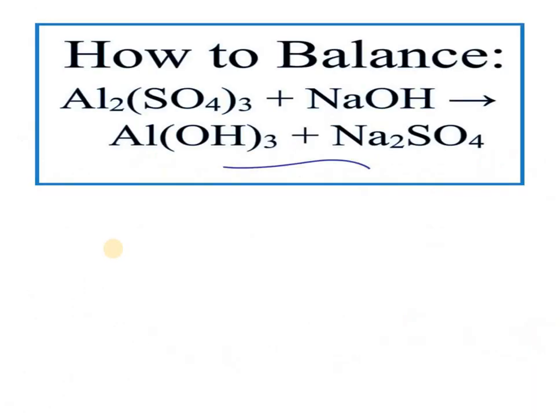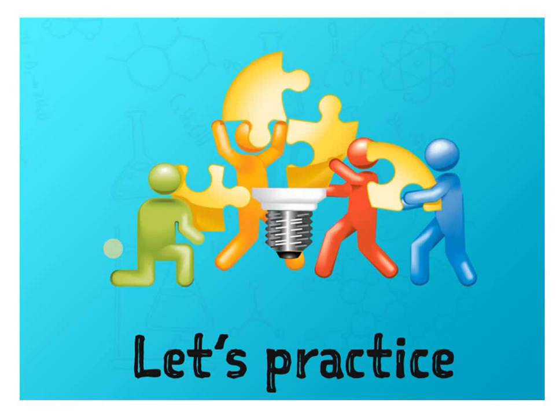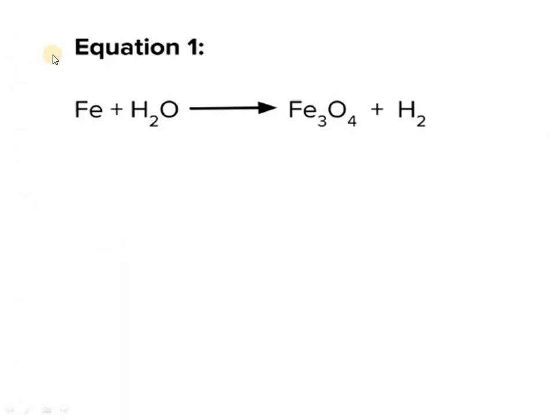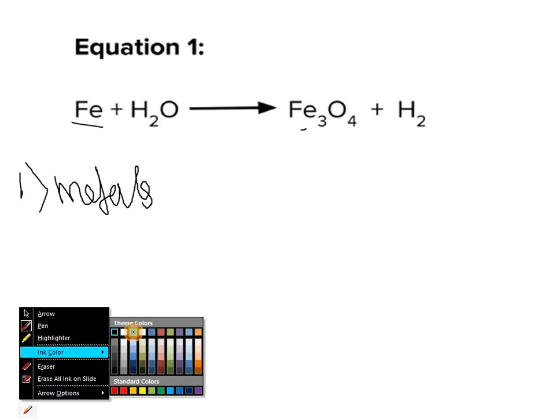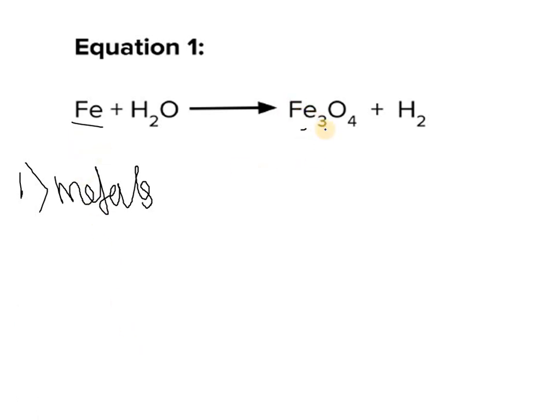Now let us practice one question in order to understand this more clearly. The question is, Fe reacted with H2O, that is water, to give Fe3O4 plus H2, that is hydrogen gas. We have to balance this equation by the trick that we have used. Since our trick says that we have to balance metal first, and here we have only one metal, we can easily balance that metal. In the product side we have 3 Fe, but on the reactant side we have only 1, so we are going to multiply this with 3 in order to balance this.